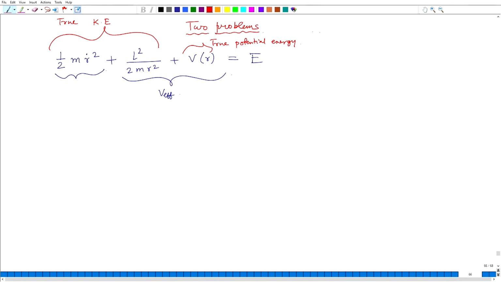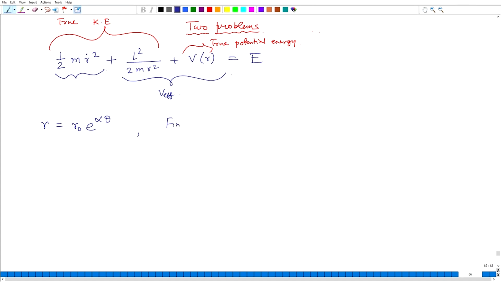One typical problem is, let us say I am giving you the orbit of the particle. Let us say the particle is moving in an exponential spiral. The orbit is given like this: r is equal to r0 e to the power alpha theta, where alpha is a positive constant. If you have this type of orbit, then the question is,